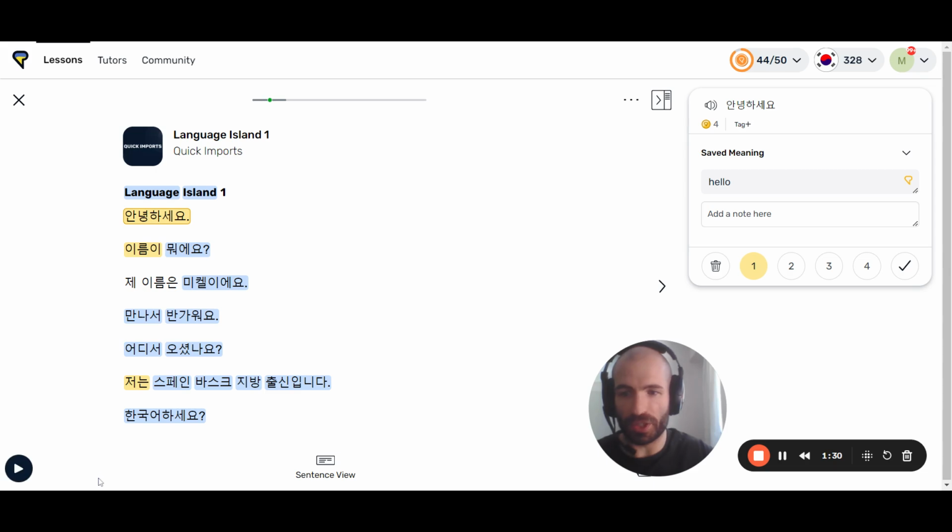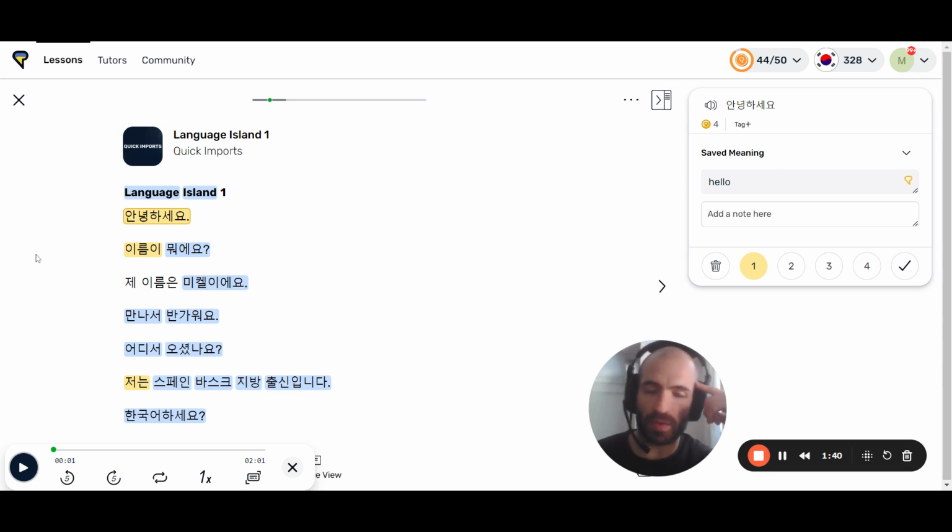And then we click here, generate audio file, Language Island 1, and you can come here and download the audio. So then you can listen to it on repeat in your car or going for a walk or something similar, and with that, you get used to the sentences. But to work on your speaking, the easiest thing you can do is